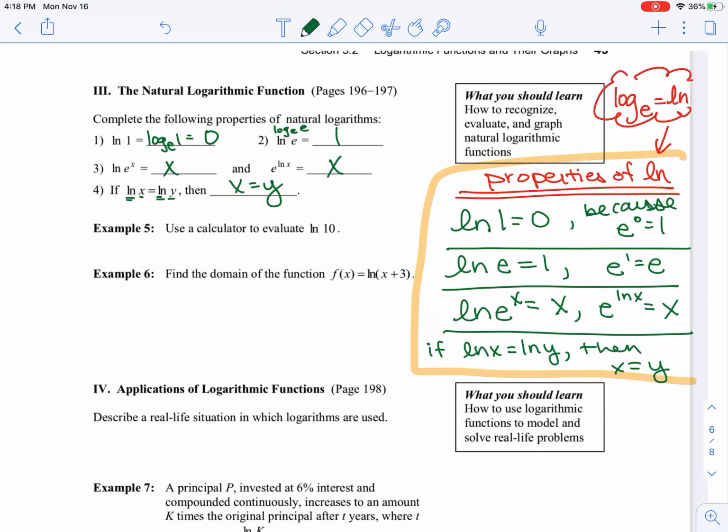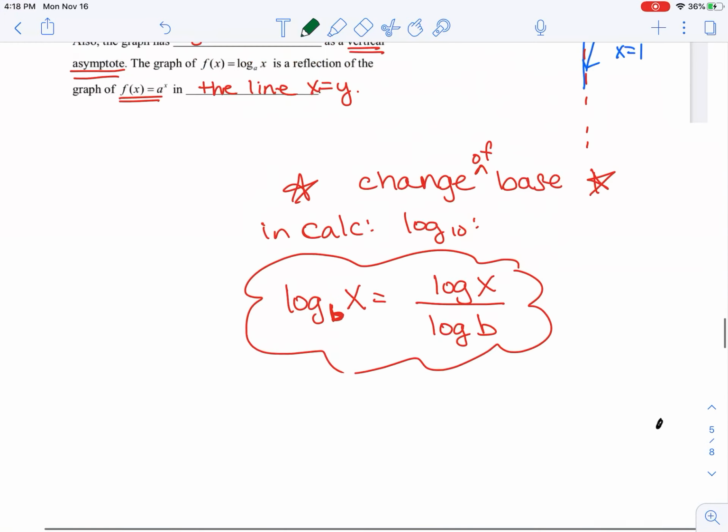All right, so here we go. Example number 5, use a calculator. So literally, you're just using your calculator. So if I bring down that calculator,